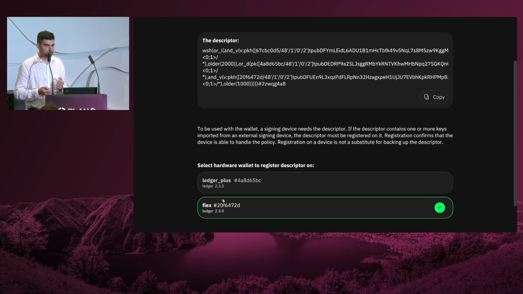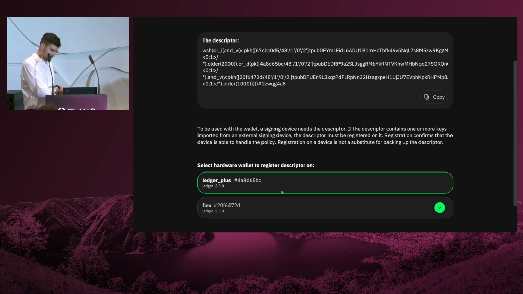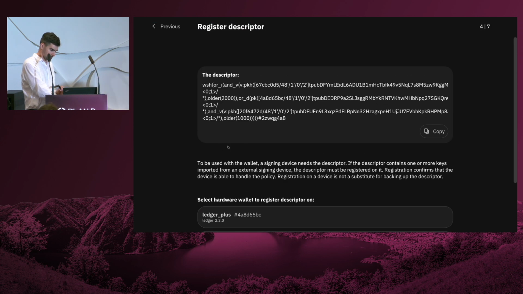But if you still have possession of all your private keys, you can always rederive the descriptor. You just need to use the exact same configuration and the same time locks. Actually, not true. Miniscript doesn't give you backward compatibility. Let's say you use the exact same configuration in your Liana, you have no guarantee that it will give you the exact same descriptor.